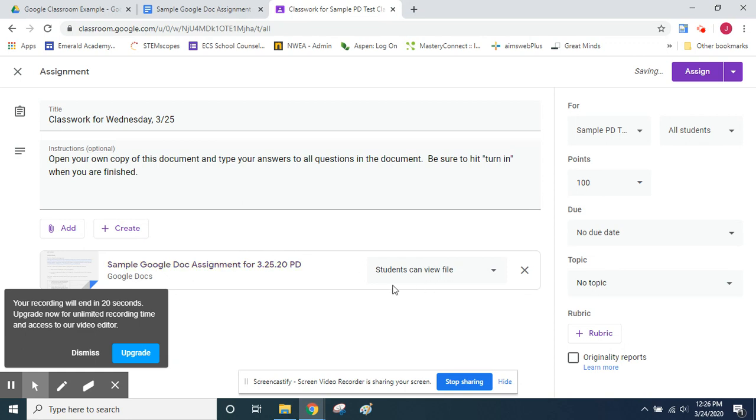And remember, if you want students to type into this, you need to change it from students can view file to make a copy for each student. Then when the student opens it up, it's going to give them their own file and they can type directly into that and edit it. Then you'd go through and you would change your